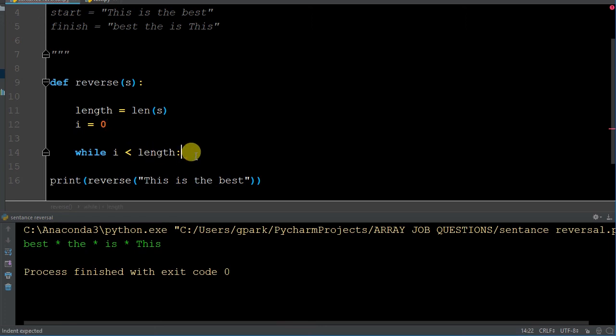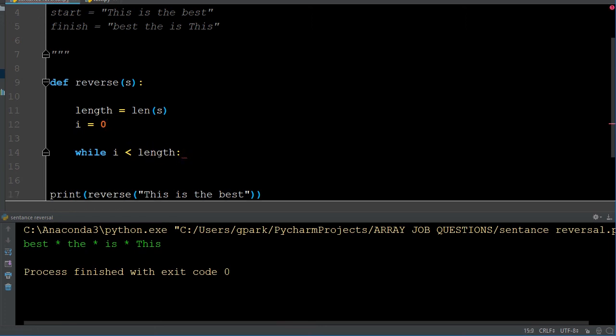What do I want to do? While the I is less, right now 0 is less than the string, absolutely. What do I want to do with that? Well, we're going to jump right into an if statement as well. And all I'm doing here is saying if string at that position. So right now I'm at 0 position, right? Because I is equal to 0. So I'm saying in the index of 0 of my string, which is going to be here, the t in this case,